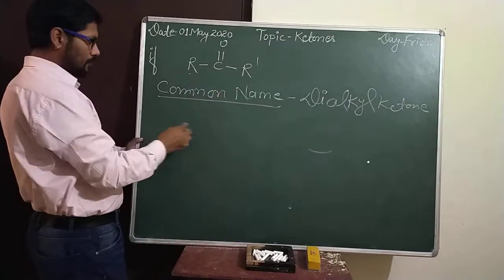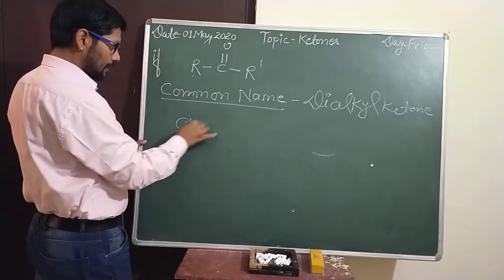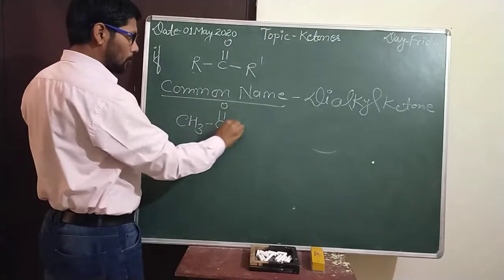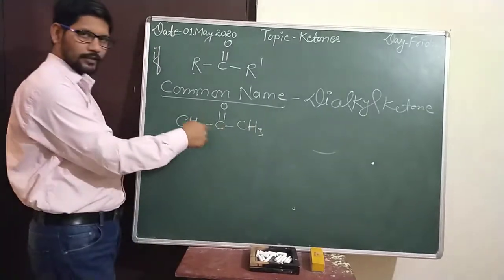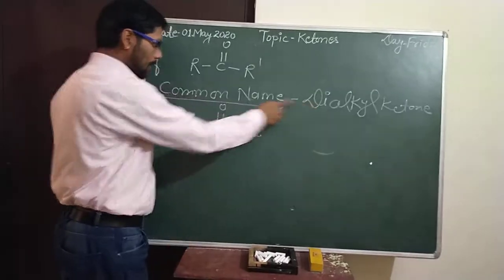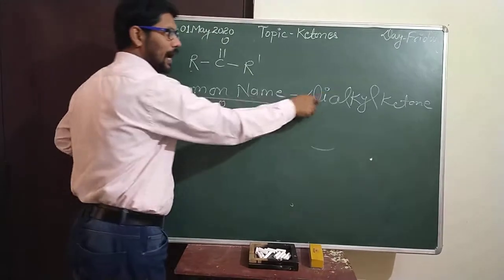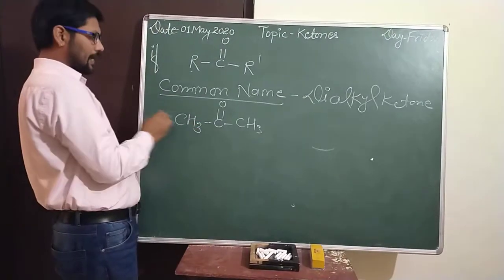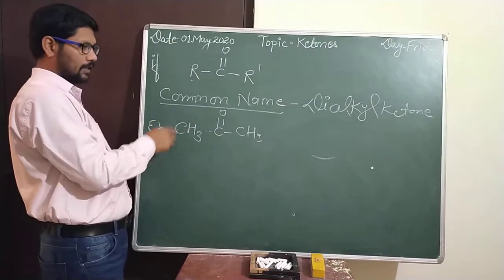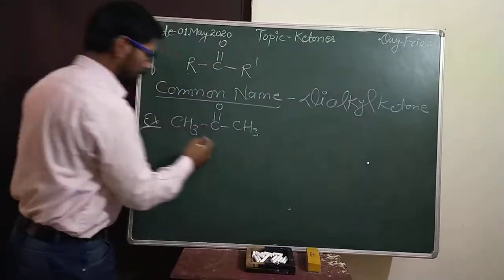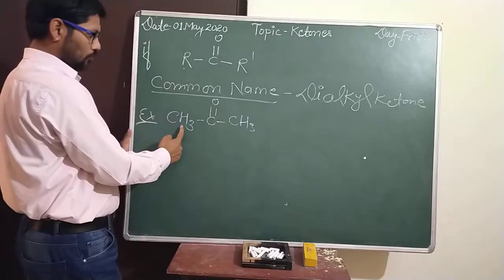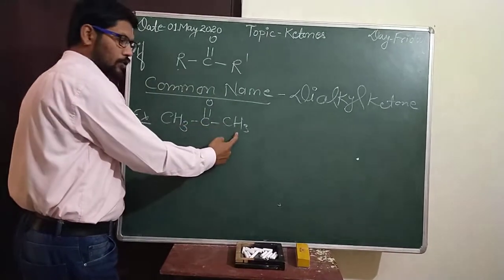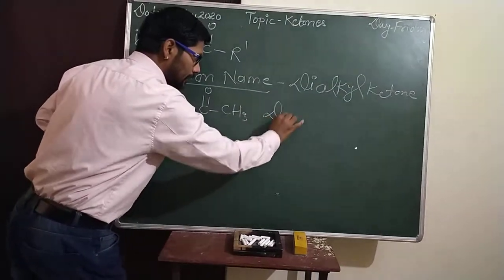Just like an example, CH3 single bond C double bond O single bond CH3. The common name of ketone is dialkyl ketone. This is the general name, but this is an example of a simple ketone. So the name is di, this is called methyl, this is also called methyl. So the name is di